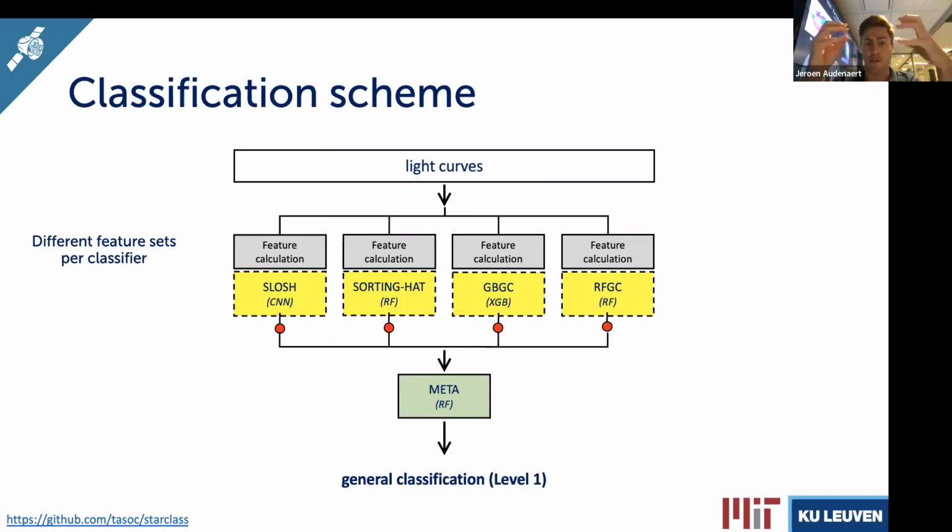Then we also have a sorting head. This is a random forest and uses, for example, the first, the second, and the third fundamental frequency. Then we have some entropy metrics that are in there, the skewness, and all sorts of things like that. Then we have another one, which is called a gradient boosting model, also with different feature sets. So the feature sets are actually different in each classifier. And the last one is another random forest, but with different features as well. For example, it uses a self-organizing map, which is some kind of automatic way to actually structure the light curve